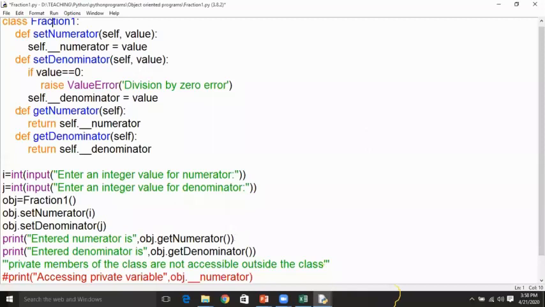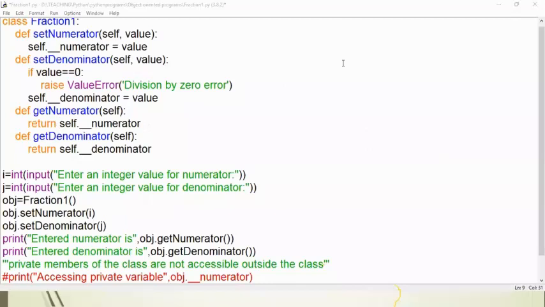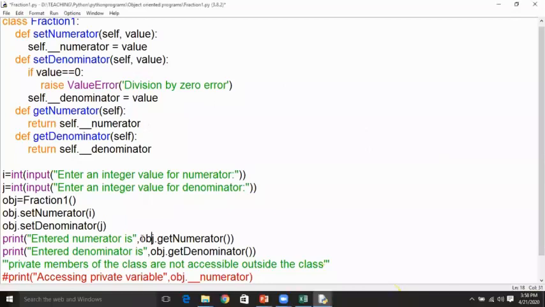So it will go to get numerator. By default self is a parameter, and then it is going to return the numerator value of the class, and the numerator value of the class is identified with the variable self.__numerator. Which will be returned here and displayed onto the screen.